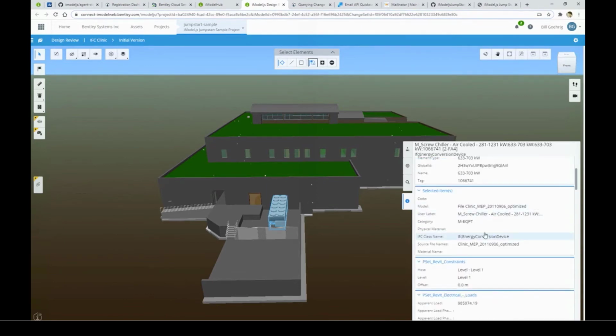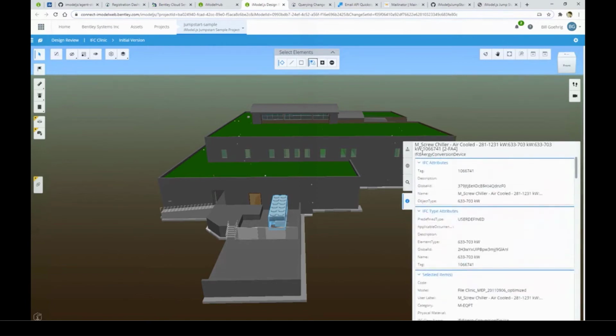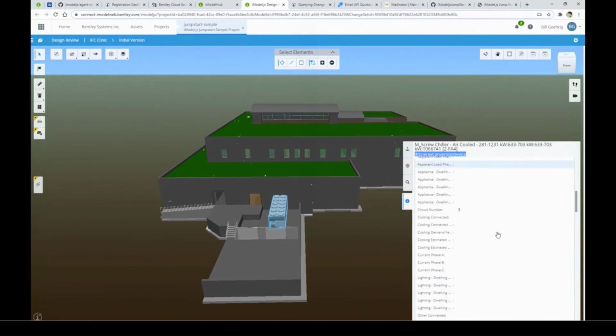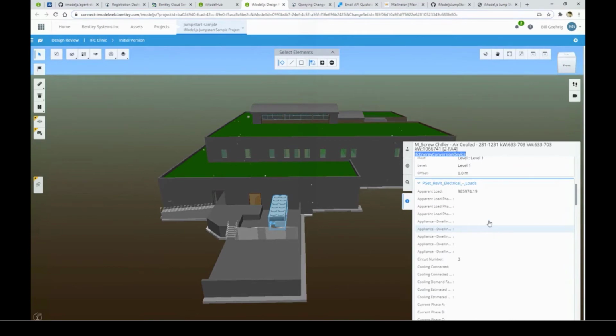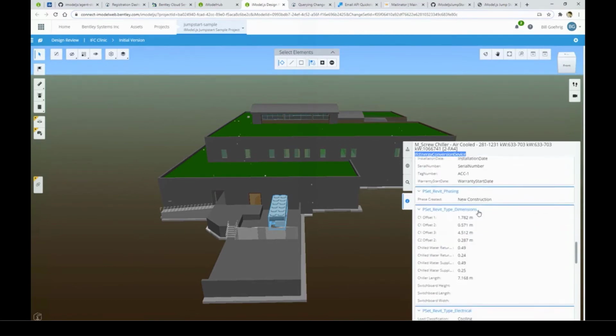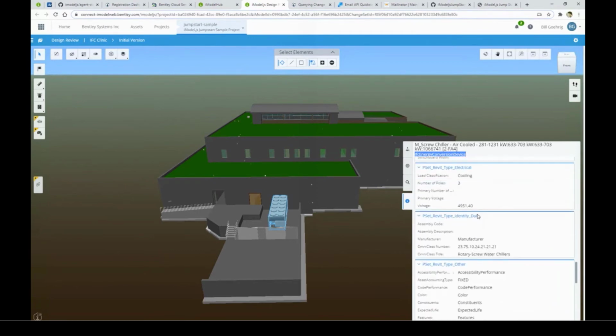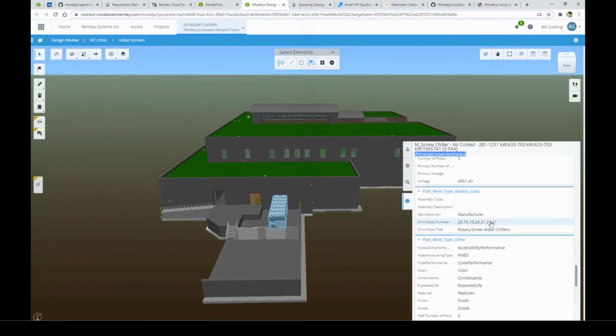I don't want to miss them just because I'm only looking at this IFC energy conversion device instance. So by the end of this, we're going to have to look at all of these element aspects as well. So the first thing we want to dig into, though, is how do we identify this